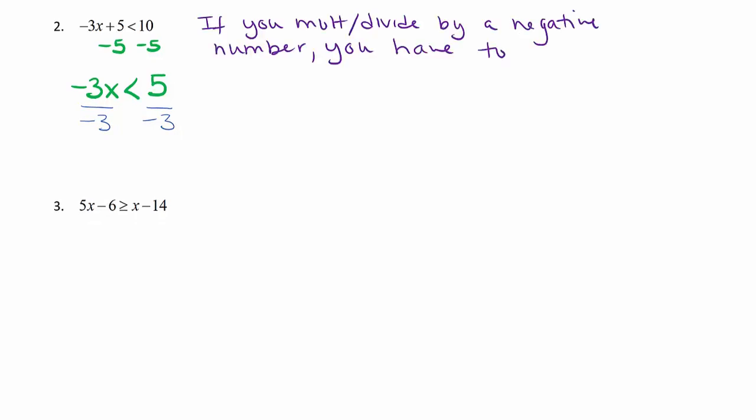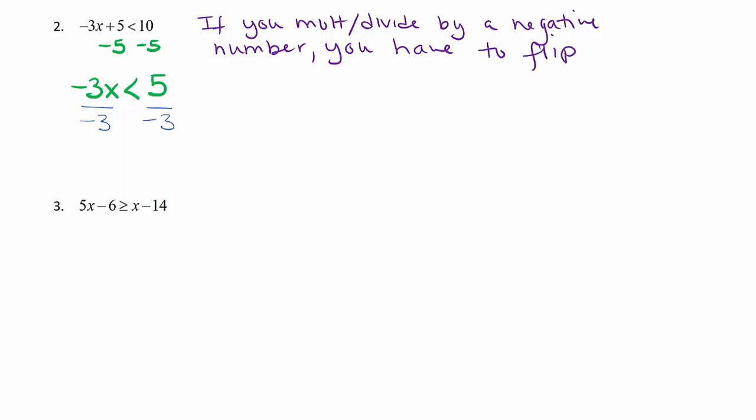All right, example 2. I'm going to start by getting the x by itself, so that means I have to subtract 5. So -3x is less than 5. Then, to continue isolating the x, we have to divide both sides by -3. Now here's the one case where these inequalities are a little bit different than equations. Anytime you take an inequality and you multiply or divide by a negative number, you have to flip the direction